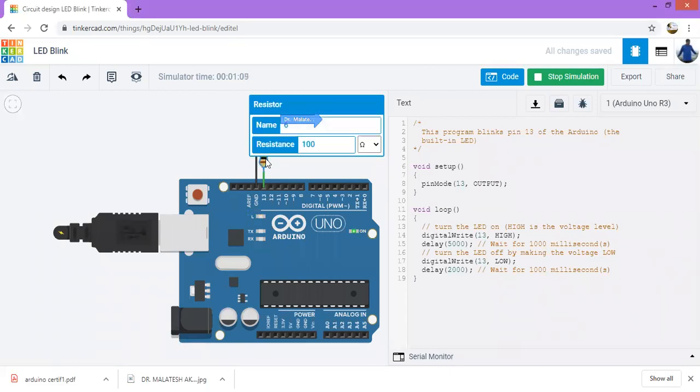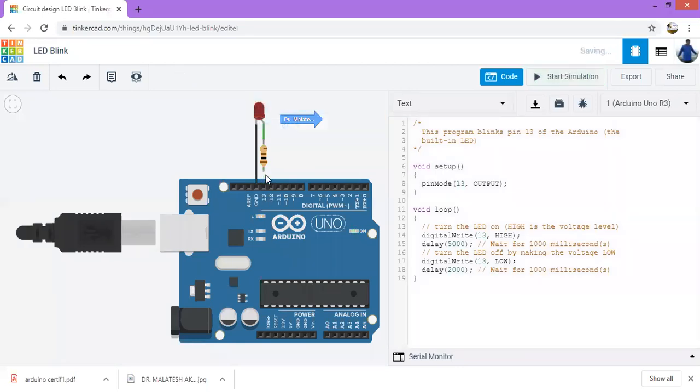Just click on this. You can change it. Just remove it and connect a wire from here to any pin I can use. I'll use pin number 8.